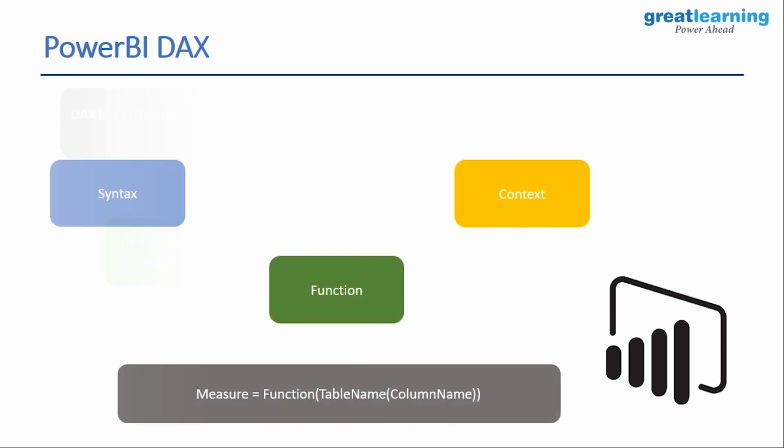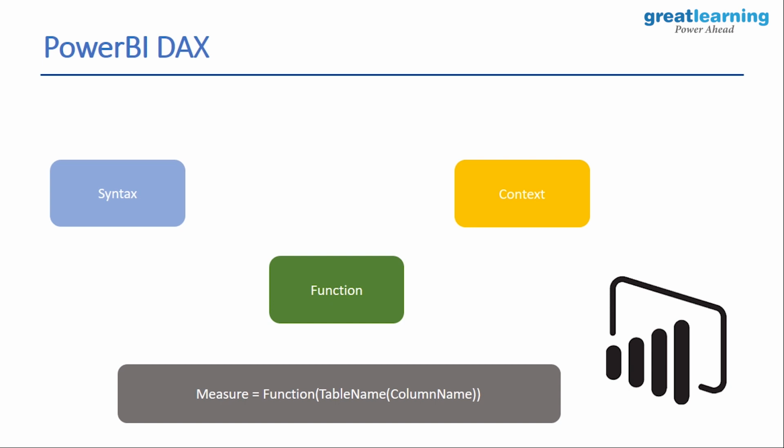Next, let us go ahead and understand what are the components of Power BI DAX. So when you talk about DAX in general, DAX has three components. One is the syntax, the other one is the function, and the third one is the context. Now, a function is nothing but a formula, something like sum, something like count, right? So that is a function. Syntax, what is a syntax? Syntax is nothing but grammar to implement something, right? When you talk about grammar for the English language, it is nothing but how you form a sentence, right? In mathematics, syntax can be creating mathematical functions, mathematical formulae that would give you a result.